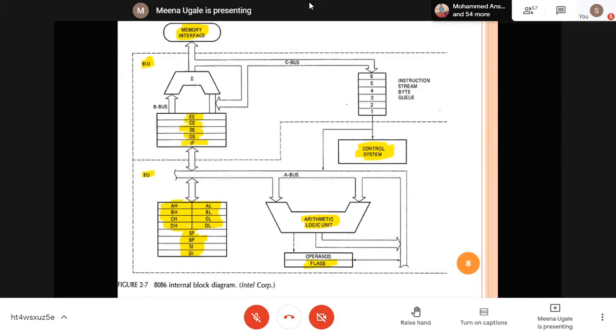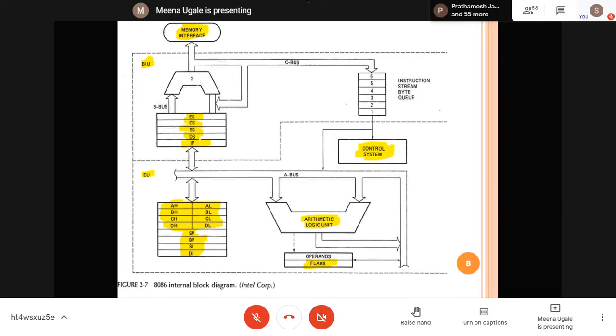Next, you have the instruction pointer. This is IP. The instruction pointer's major operation is to point to the instruction that must be fetched and executed by your microprocessor. Once one instruction is sent for execution, the microprocessor will fetch another instruction and keep it ready in the queue, so that it reduces the execution time. Our main intention is to speed up operations, so it keeps everything inside the queue and, one by one, indicates the next instruction in the queue.